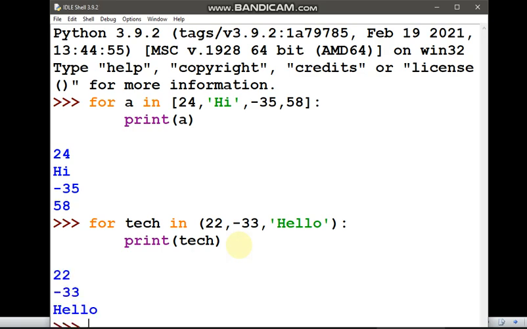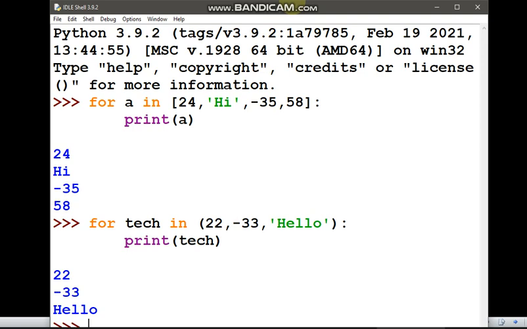And remember, if you write this for in capital letters, or any letter of FOR in capital, or maybe IN in capital letters, or if you give any other symbol instead of colon, then it will be a mistake. It will give you an error. As you know, Python is case sensitive and you have to mention this in small letters. Print also we have to give in small letters.